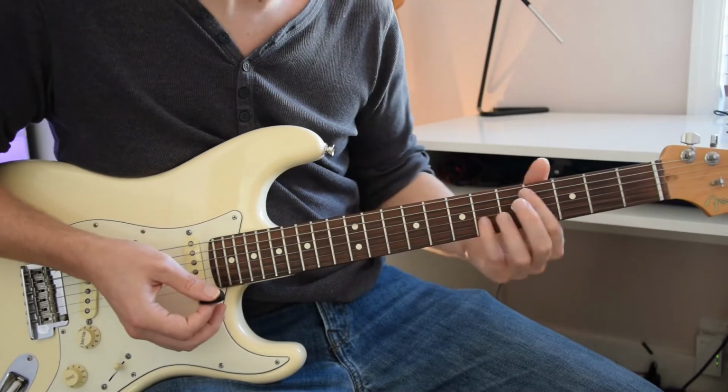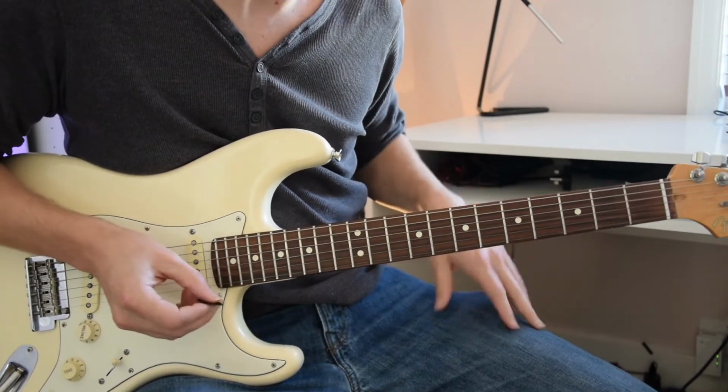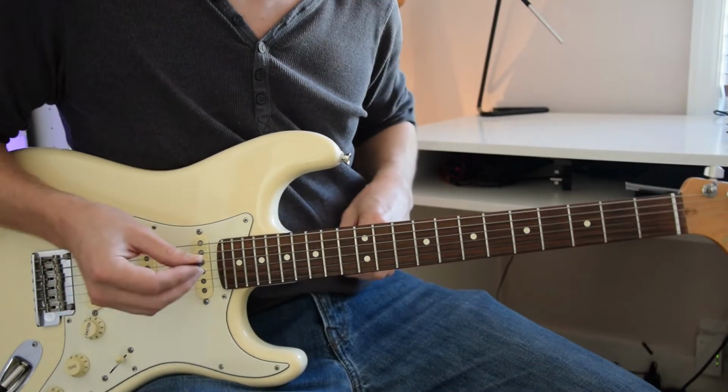So yeah, I mean you can sound them sliding up and down in between. It's fine. So let's pull that together, the first 6 bars. So we've got